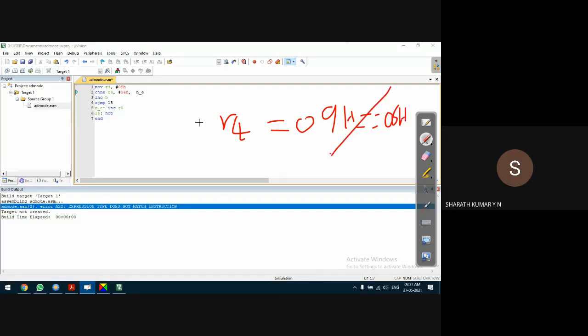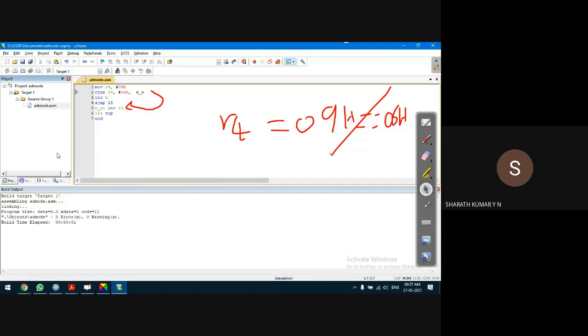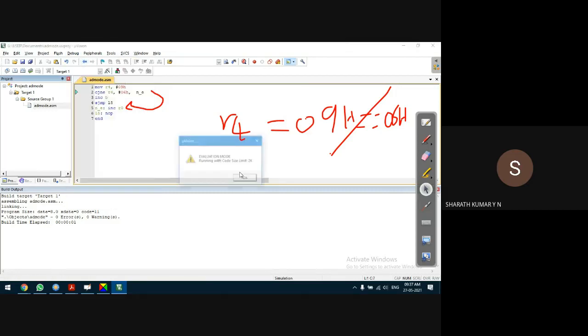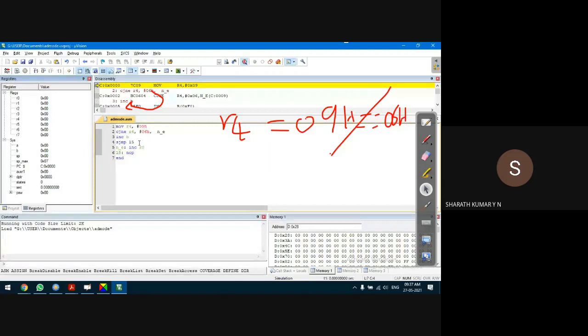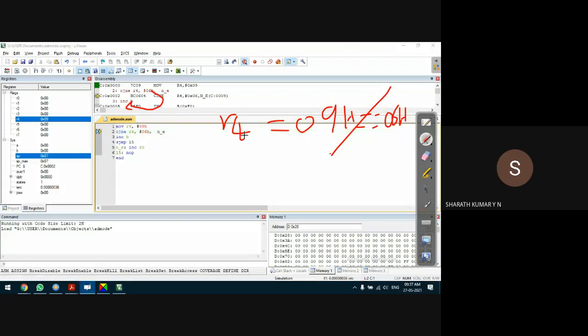If it is not equal, it should take a jump to NE, that is not equal loop. It's not a subroutine, it is a loop. We check for syntax error. Debug, start session to convert assembly code into machine code, in terms of operational codes. F11 on my keyboard. So 9 is copied to register R4.